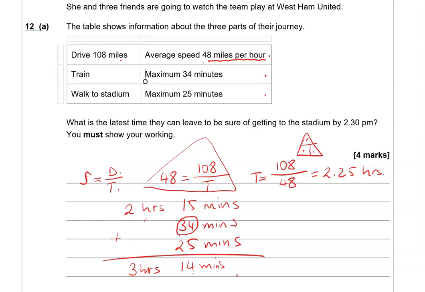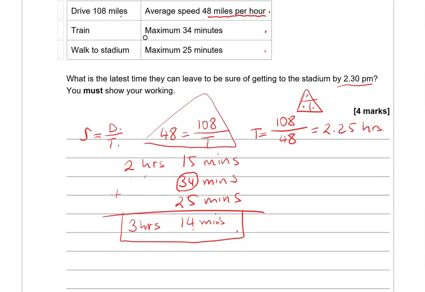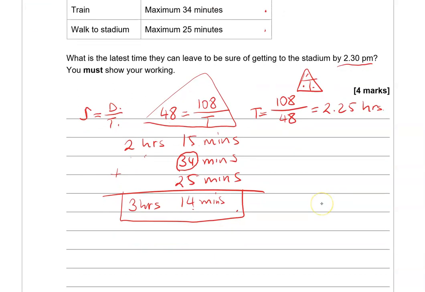Now that's the duration of the journey. They need to get to the stadium by 2:30 p.m. So what's the latest time they can leave? So 2:30 p.m. If we take away 14 minutes or go back 14 minutes, that is going to be 2:16 p.m. Now we need to take away 3 hours, so taking away 1 hour first, that makes it 1:16